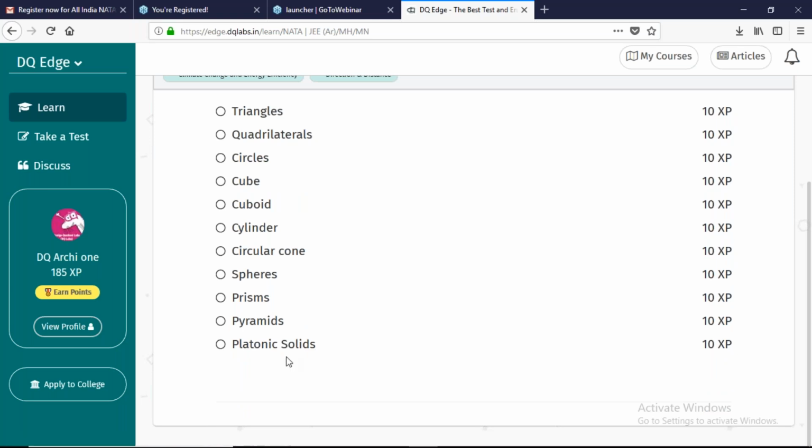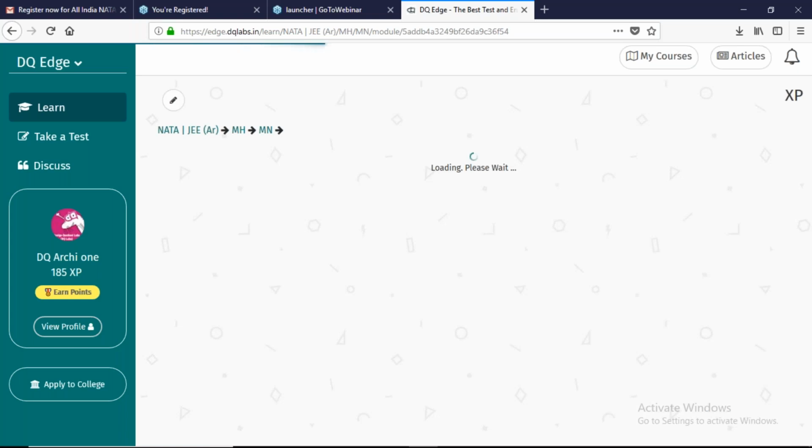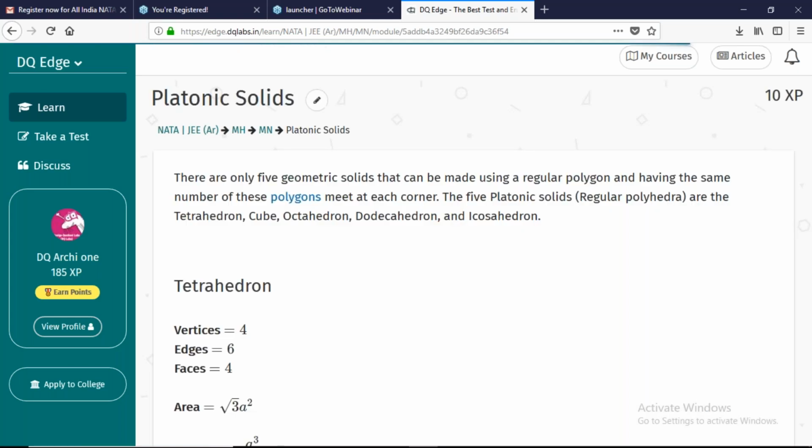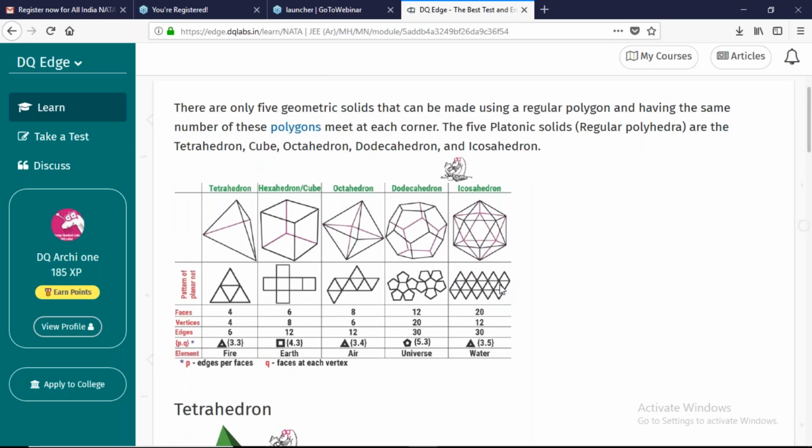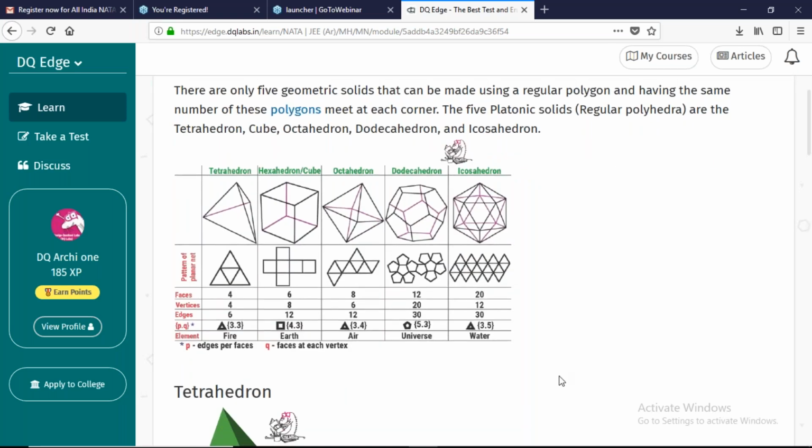These are the most basic, and please concentrate on platonic solids. Platonic solids are only 5. There are 5 standard platonic solids. You need to know the number of faces, that is the surfaces, vertices and edges. Try and learn them by heart because they would